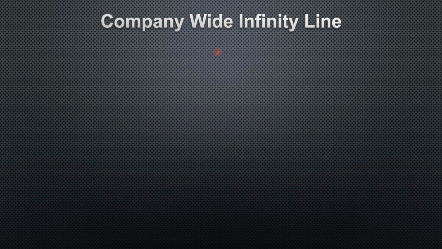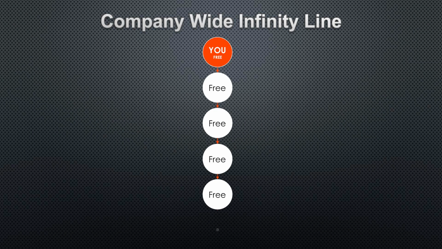Okay, here's how it works. This is what we call a company-wide infinity line. And let's just say that you were the first person to ever join the company, okay? And you refer a free member, they can refer a free trainee member, and there can be one line of people that goes down from you. Typically, that's how it works, right? You get paid on anything that happens from your own production and people that are referred below you in your organization. But the way that our company Infinity Line works is every single person in the entire company